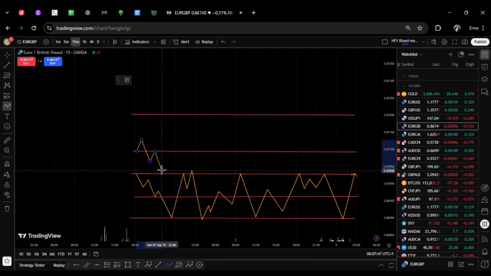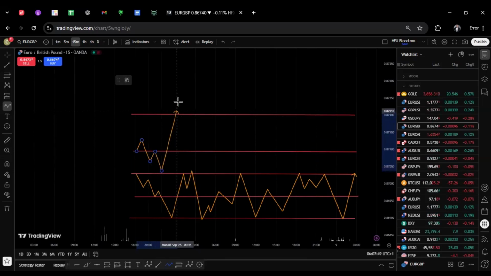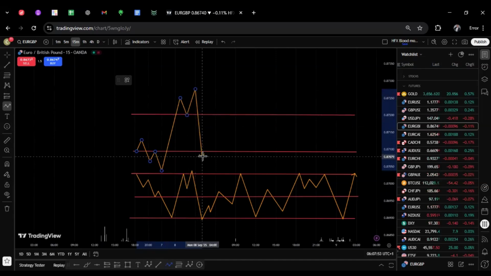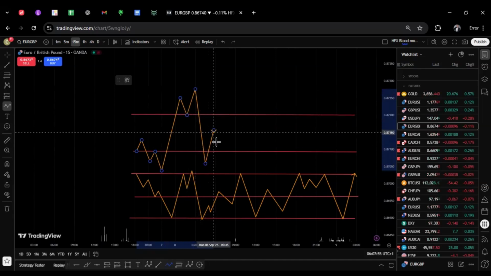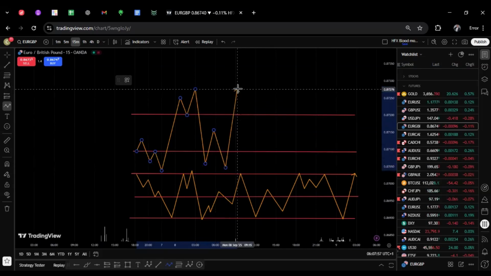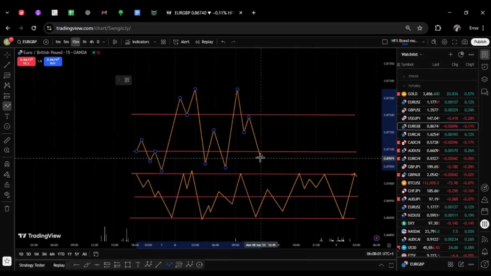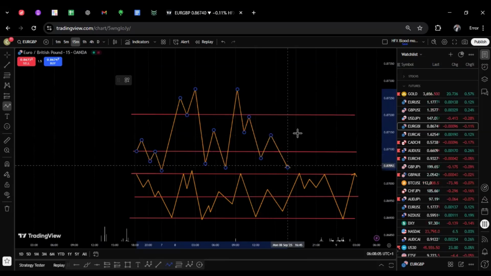You think this market is going down, next thing, it flies all the way up. You know, it's so choppy. There's no direction in the market. It's so choppy. Some days, the market does this when there is a lot of indecision, and you wouldn't want to be caught up in